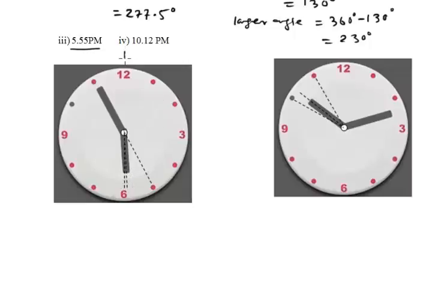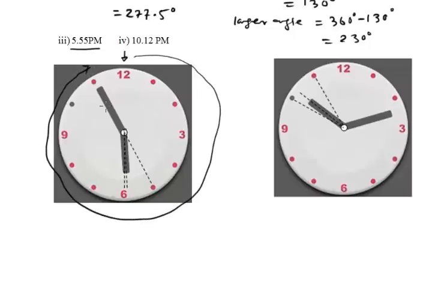So if we start from here, the reference angle is here, and if we rotate all the way through, for 55 minutes, the minute arm will rotate 55 times 6, that means 330 degree,